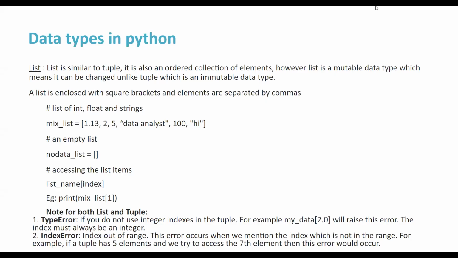Hi, welcome back. So today we are going to talk about another data type, which is nothing but the list data type. As we have discussed before, a list is a mutable data type. So what is a list in this sense? A list is a set of values which are enclosed in square brackets.